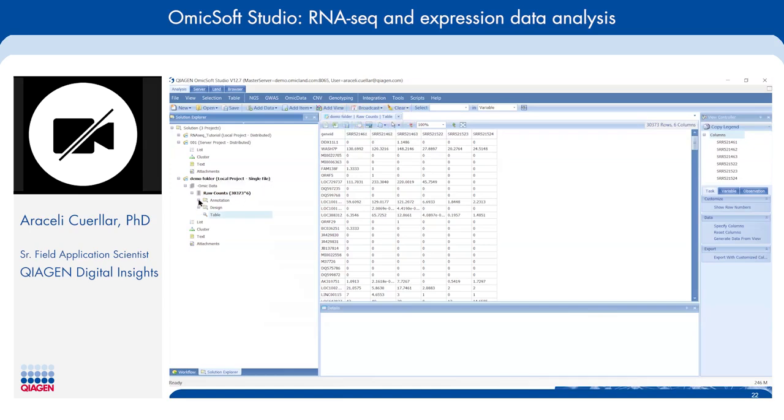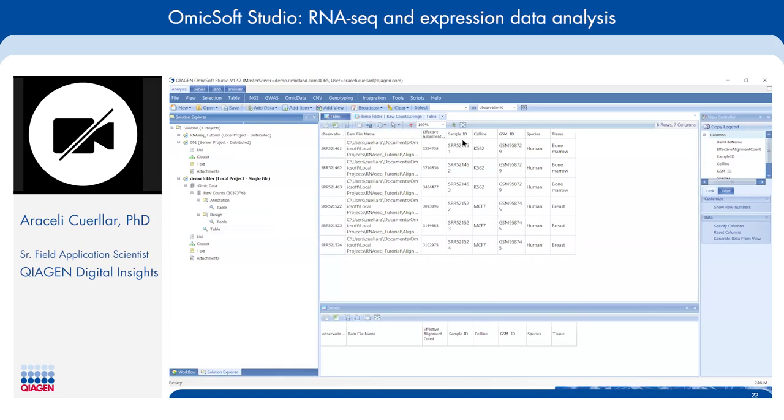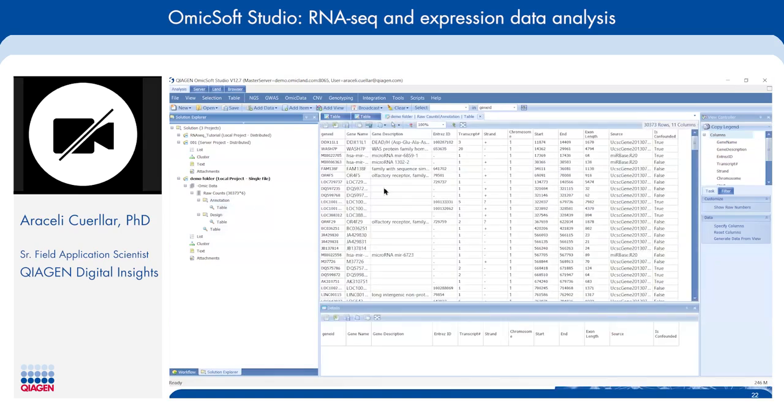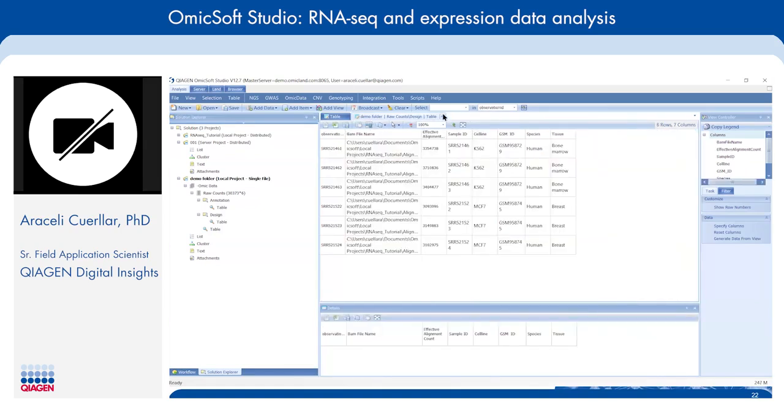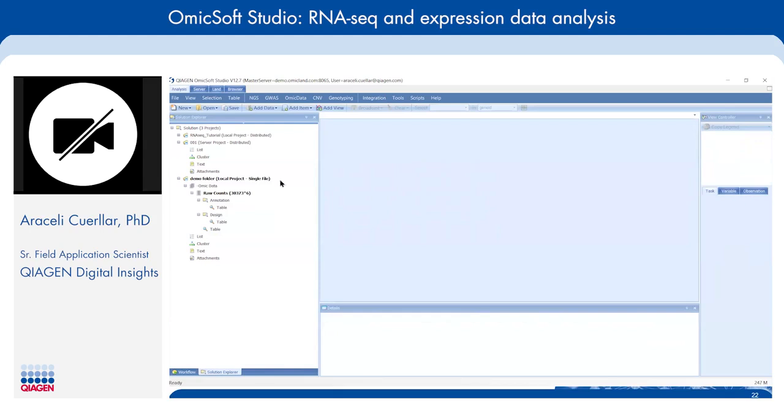Now, if we open up these folders, we can take a look at the design table by clicking on the table and taking a look at what that metadata that we uploaded looks like. And then if we go under annotations, we can take a look at that table for the annotations to see what annotations we uploaded, right? And so here you can easily see that you've uploaded your first